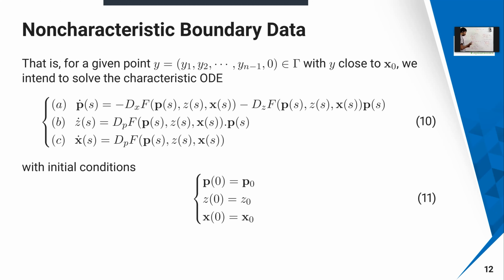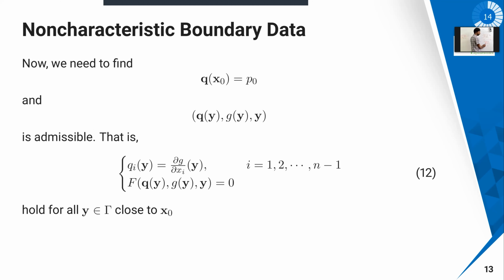So using this, you are going to solve the curved boundary. That means for each x naught, you choose some x naught, and then you solve this problem slowly. For each problem, you solve it, and then you apply this also. For non-characteristic boundary data, you choose some q of x naught equal to b naught, where it satisfies this condition for q of y, g of y. Same thing I'm just repeating here.